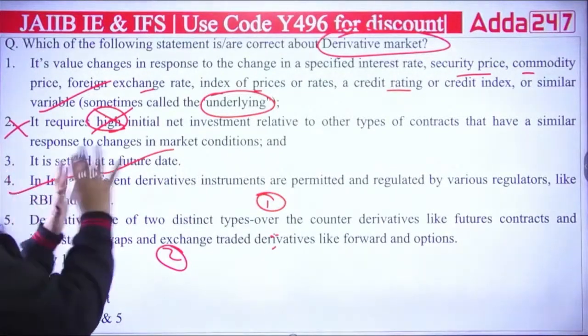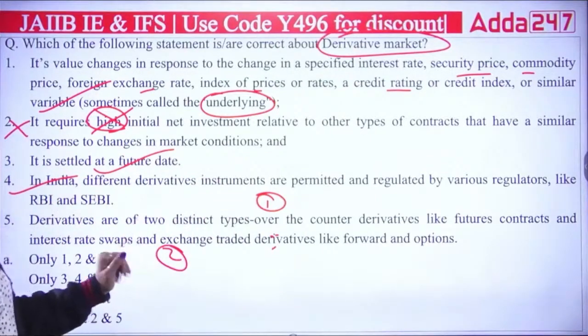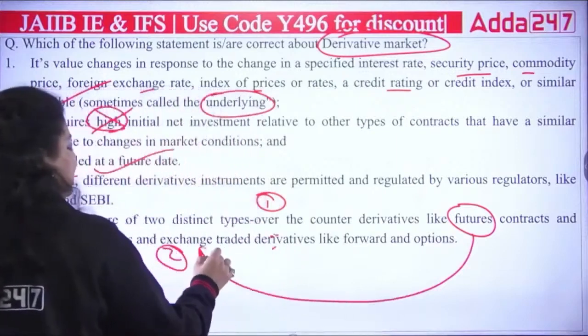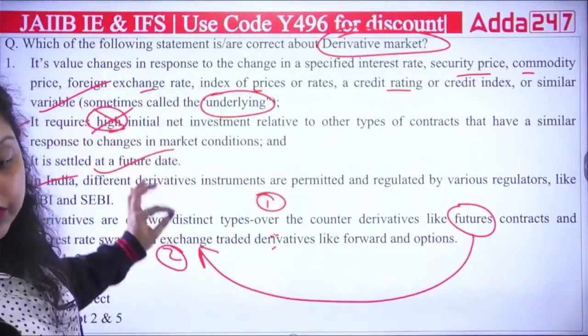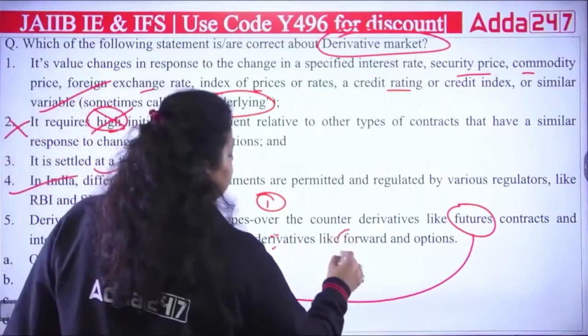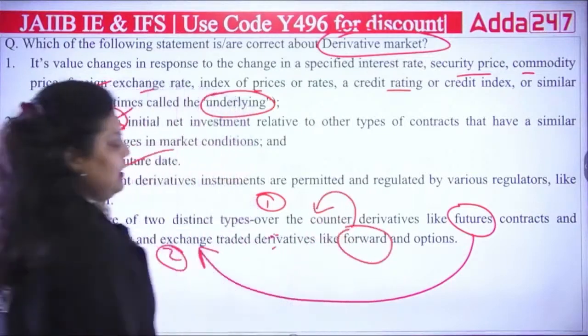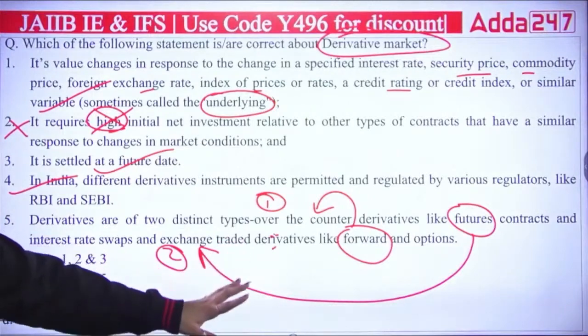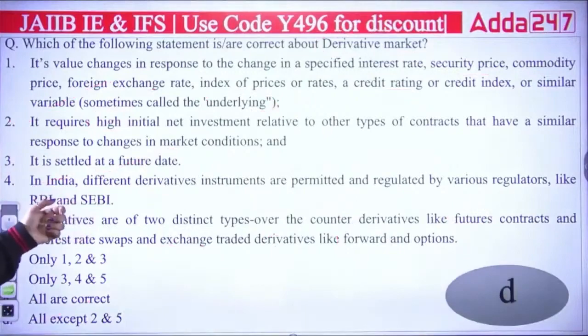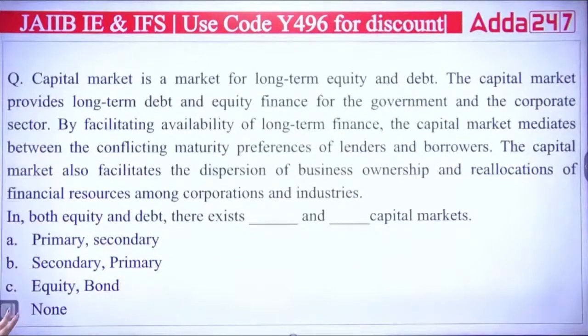But this looks like a true statement, but no, over the counter derivatives do not include futures. Futures are the standard contracts. They are part of exchange traded derivatives because there is no counterparty risk in a futures contract. And the forward contracts are actually part of over the counter derivatives because forwards are risky. There is a counterparty risk. So you can see fifth is also wrong. So second and fifth are wrong. All the others are true. So you can answer all except second and fifth. All are true except second and fifth. So right answer will be D. Right answer will be D. Clear? Next question. Next we have here